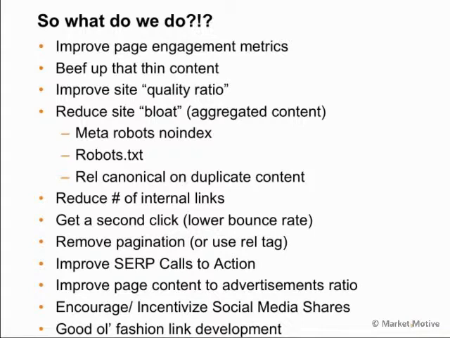We also do it at the domain level by increasing what I'd call the quality ratio. Let's say we have 1,000 pages on the site, and 100 of those 1,000 pages are very good quality and the other 900 are just so-so, a lot of thin content, a lot of affiliate links, a lot of duplicate pages. We want to reduce that site bloat. We want to just have those 100 pages indexed instead of all 1,000. We don't want to let Google figure out what's good and what's bad and lower our Panda score or our quality ratio score. We want to make sure we're reducing that site bloat with our own methods,